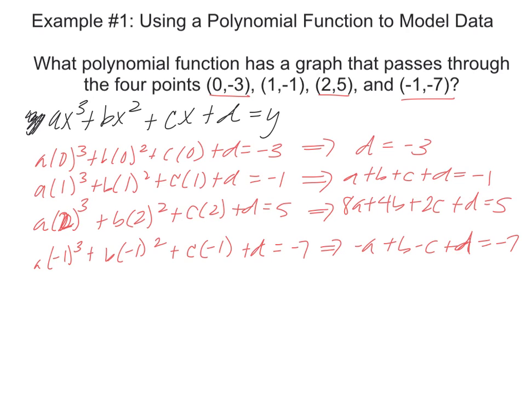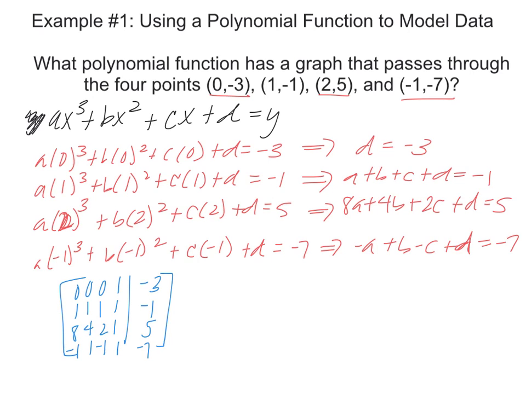So if I put this into a matrix, that matrix would be 0, 0, 0, 1, negative 3, then 1, 1, 1, 1, negative 1, 8, 4, 2, 1, 5, and the last one would be negative 1, 1, negative 1, 1, negative 7. Okay, if we put that into our calculator, so remember we go to stat,